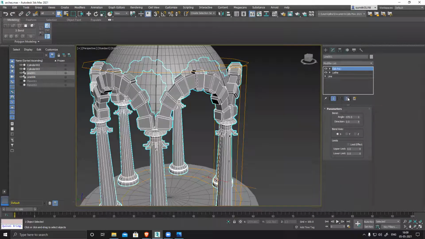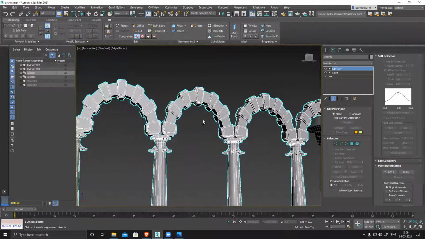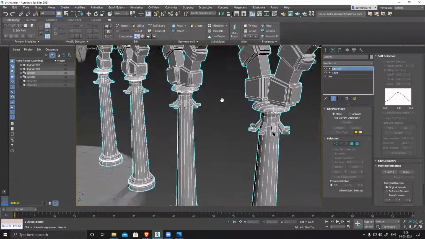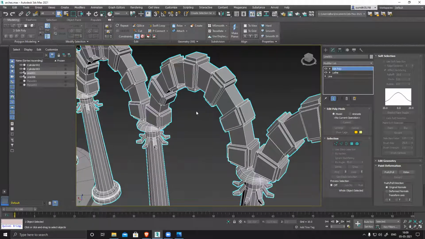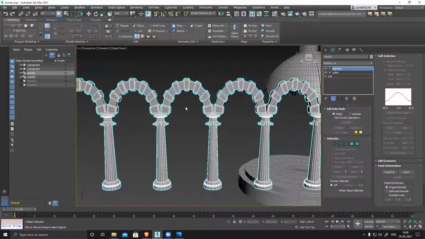I took a cylinder, cut it in half, deleted the polygons into one single surface, selected the outer border and extruded it to the front to create thickness.